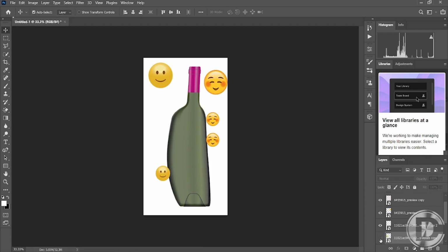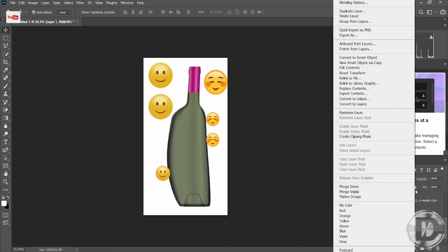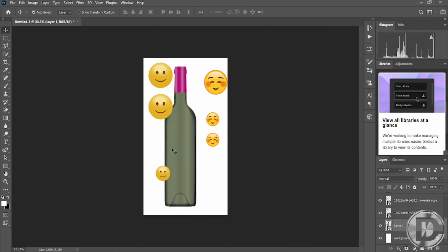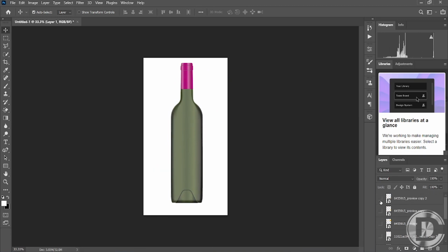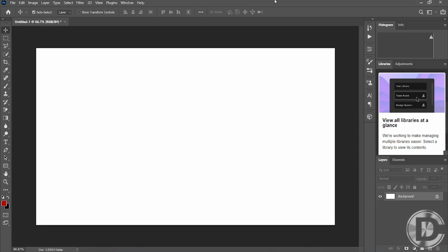So Photoshop has given you a feature, reset transform. You can right click on your layer and choose reset transform. With this feature, only a particular layer will reset to the default and all the other layers will remain the same. So this will save your time if you want to reset anything after doing so many manipulations.